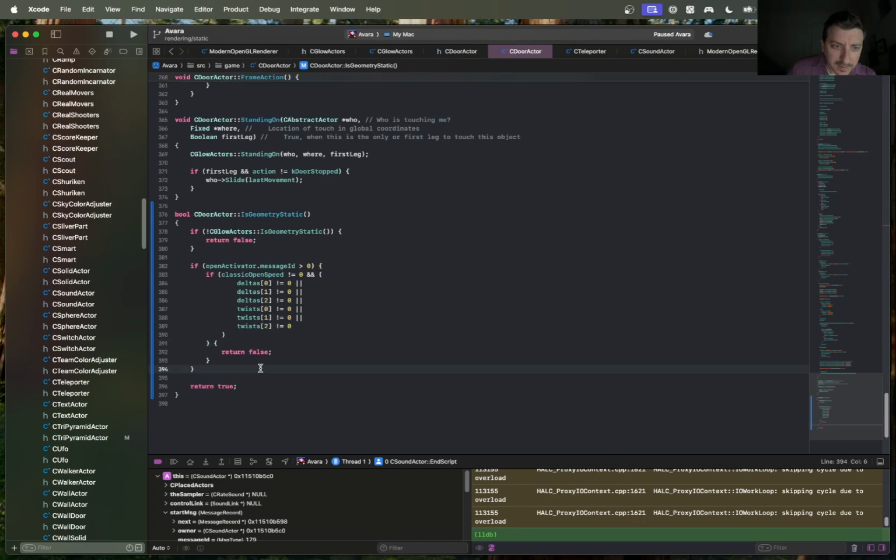Is that easier to open or to read? I don't know. But okay, so if